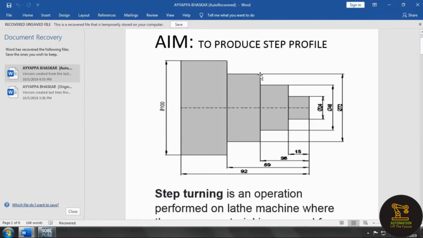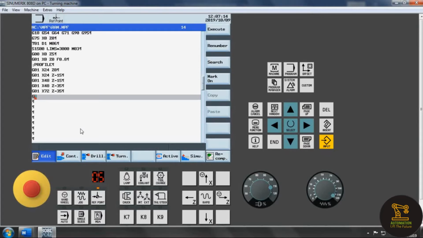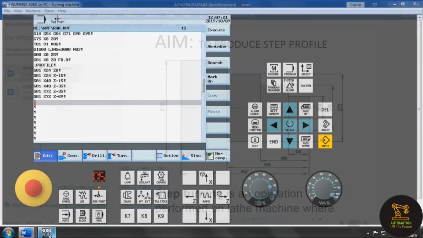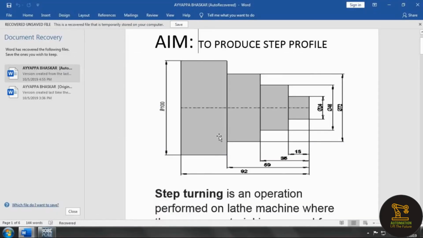and the next point is this. So G01 X is 72 and Z is minus 69. So the next point is this point, so that is Z minus 69 and X is 100.